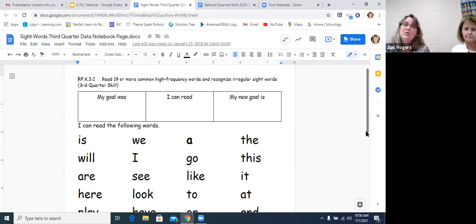If they didn't reach their goal, they might say, my goal was a little too high. If they had set their goal for 26 and they only mastered 12, we might talk to them about, well, do you think you could do 15? Do you think you could learn 2 new words or 3 new words by the next time we assess? And we usually assess every week. Some students possibly 2 times a week. If it's that struggling student, we may give them 2 different opportunities, say Wednesday and Friday, that they will assess and try to move up their goal.